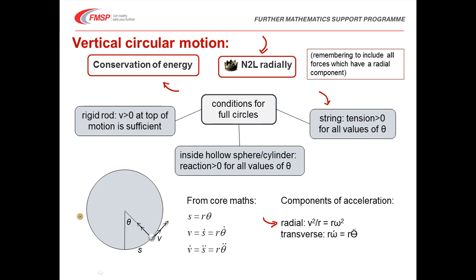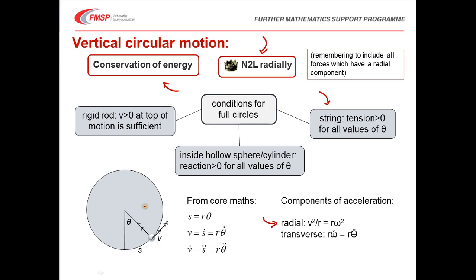So as the object goes around the circle, the string must stay taut at all times, or be at worst 0 tension all the way round. Similarly, for something moving inside a hollow sphere or cylinder, the reaction force between the surface and the object moving around must be positive for all values of theta in order for it to stay in contact with the circle